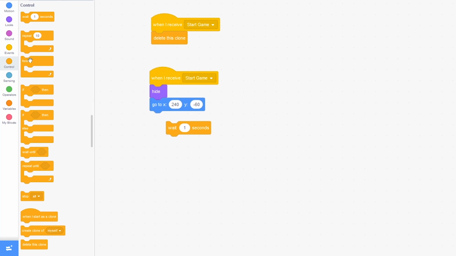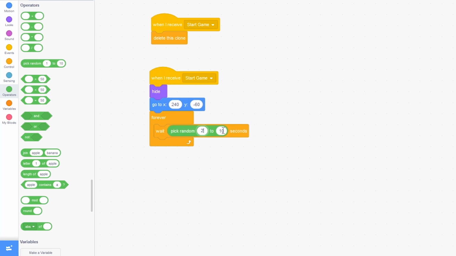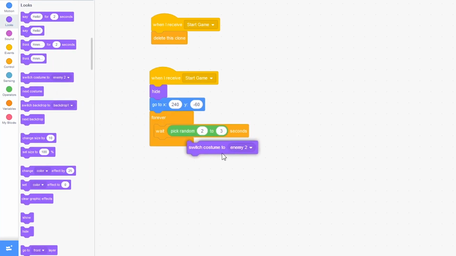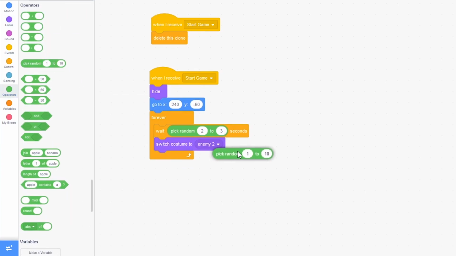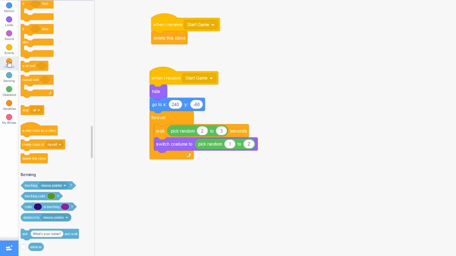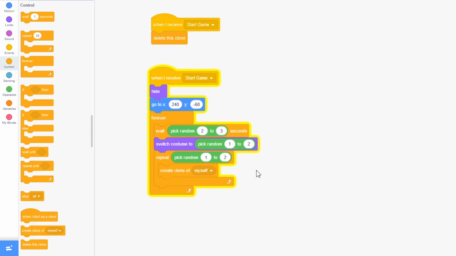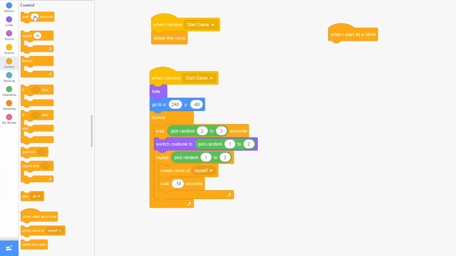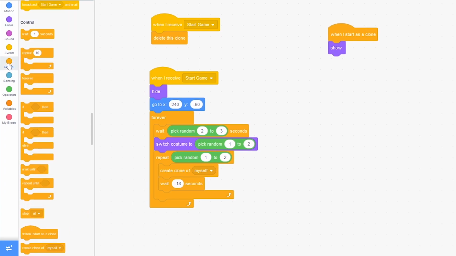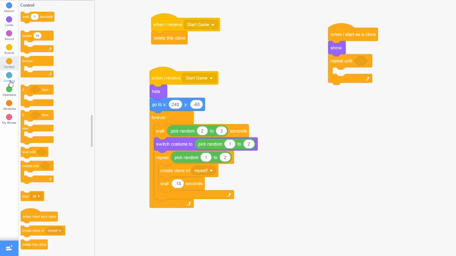Wait. Oh, this needs to go in a forever loop. I forgot that. Wait, pick random from 2 to 3 seconds. Switch costume to pick random 1 to 2. Repeat, pick random 1 to 2. Create clone of myself. Wait 0.8, 1 point, wait 0.18 seconds. When I start as a clone, show, repeat until